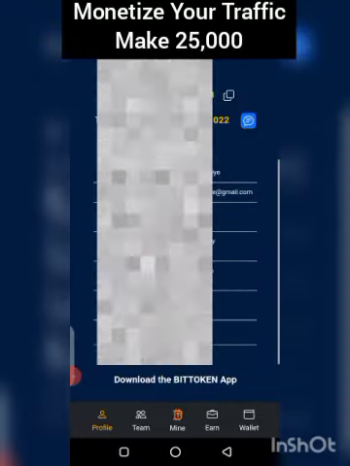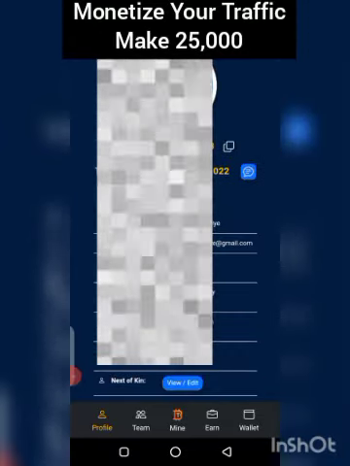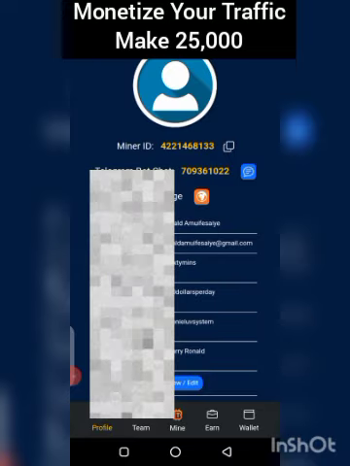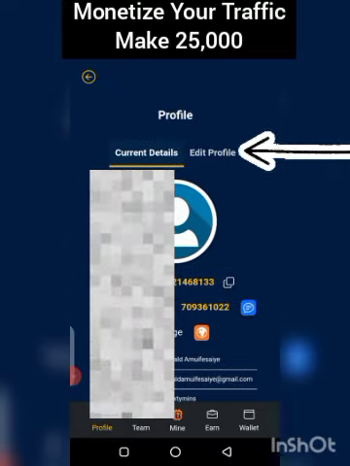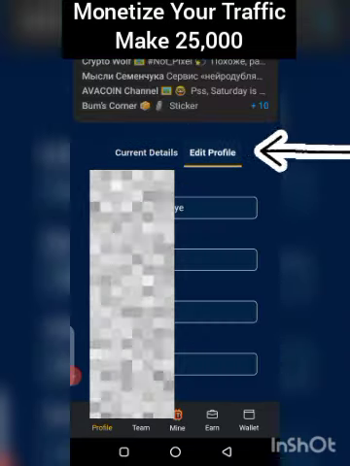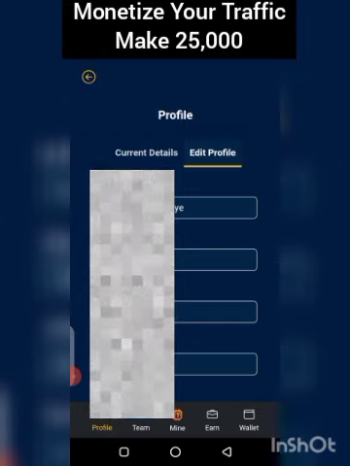So another thing you need to do is to go and set your profile. Please make sure you go and set your profile. To set your profile, what you just need to do is to tap on edit profile here. You tap on edit profile, and it's going to open the form for you to fill in your full